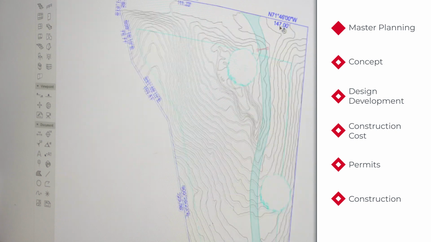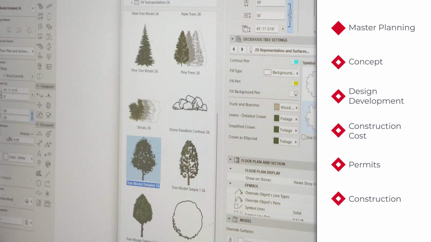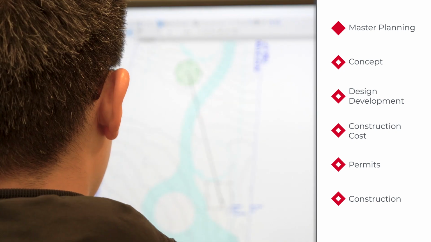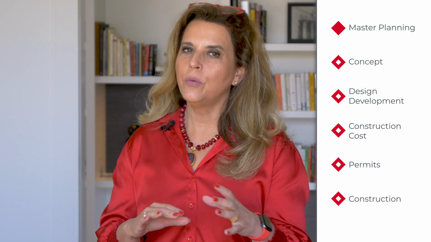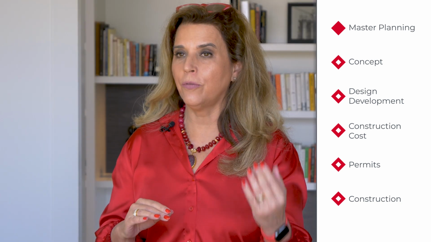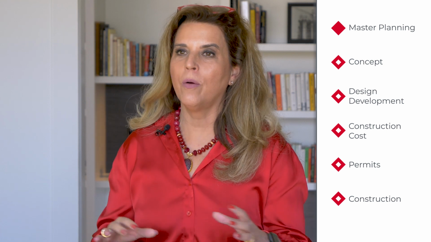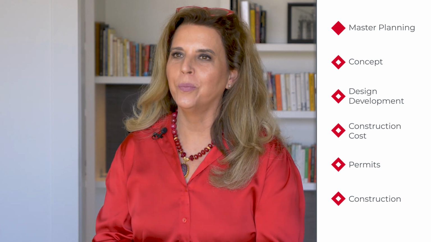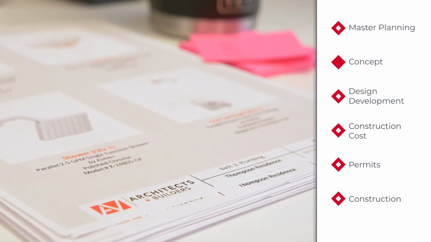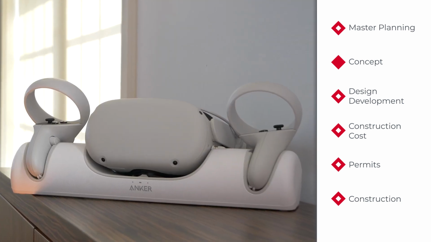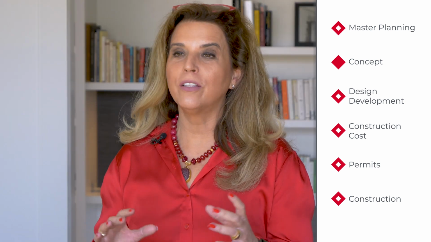So even if you're not going to do the pool on this round or the guest house, we like to know about it so that we plan for it and we put it on the drawings and we specify that it could be for the future, but it's part of the master plan of your home. In the concept phase, we use your custom spaces wish list and our 3D modeling technology to create the first